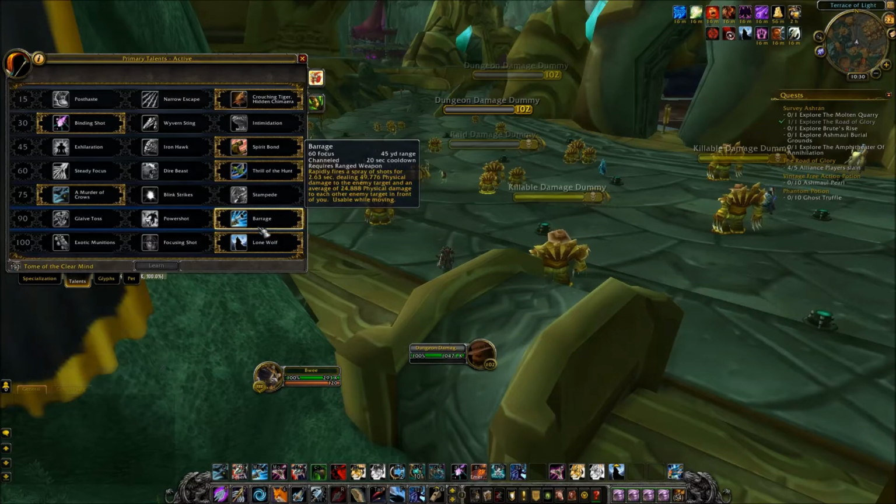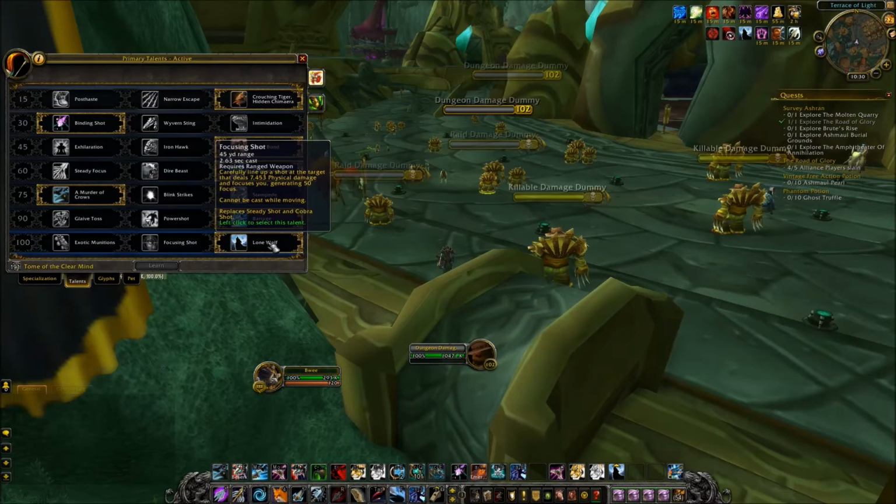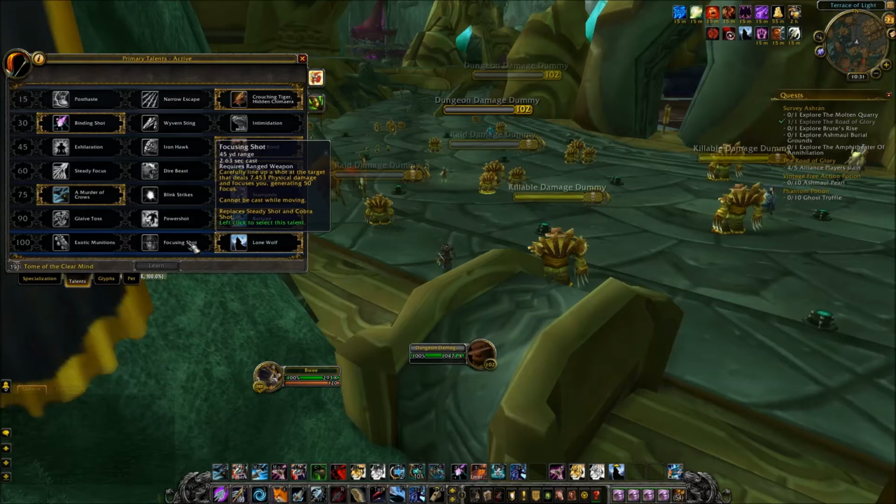And for the last tier, I played around with Exotic Munitions, but its damage output compared to Lone Wolf especially is nothing. For me, I think Focusing Shot is quite nice actually. It's a long cast. It doesn't deal that much damage, but it gives me a ton of focus. And as a